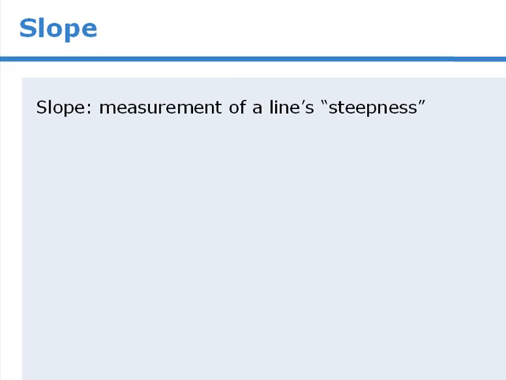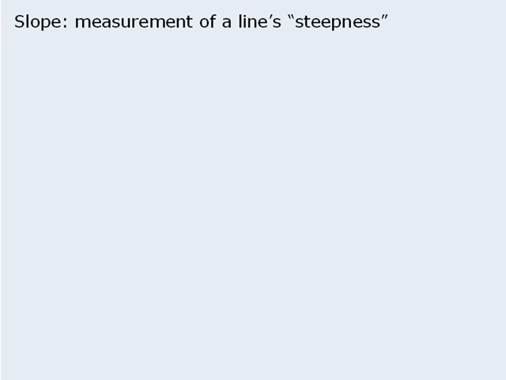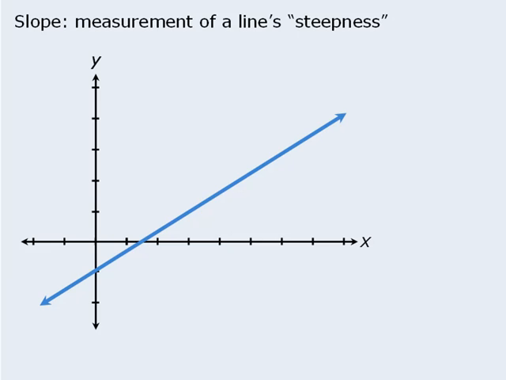In this lesson, we will examine slopes of lines. To begin, we can define slope as the measurement of a line's steepness. Our goal is to assign a number that describes the slope of a line, such as this one. To do this, we will say that the slope of a line is equal to the ratio of its rise